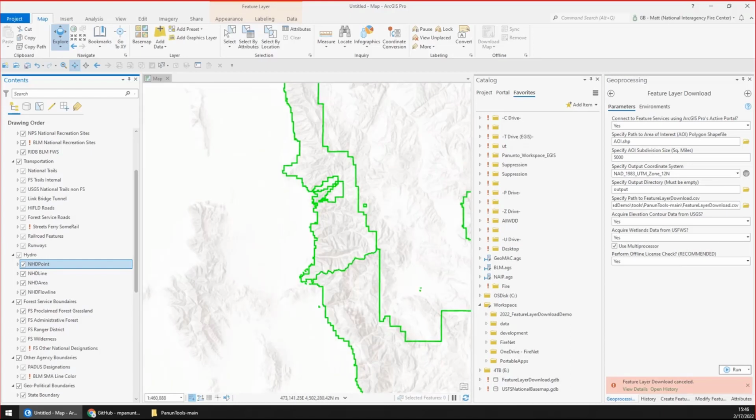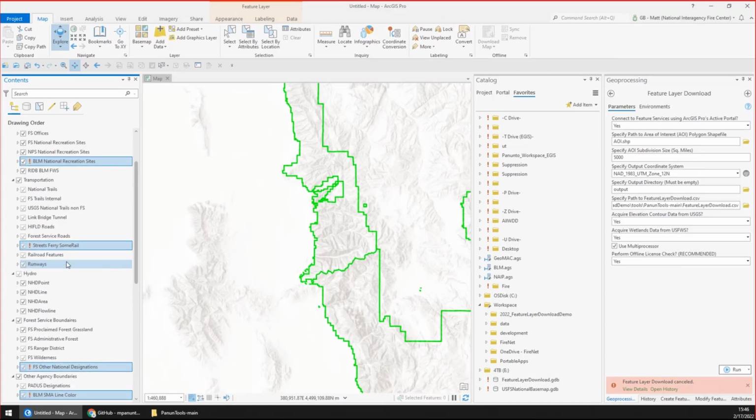Okay, so once it's finished repairing all the broken layers, you may have a few that are still broken, like I have one here, here, here, and here, and there's probably a couple others. The reason those are still broken is most likely that particular data set had no features inside of your area of interest, so there was nothing to download. At this point, you can just remove those layers or ignore them.